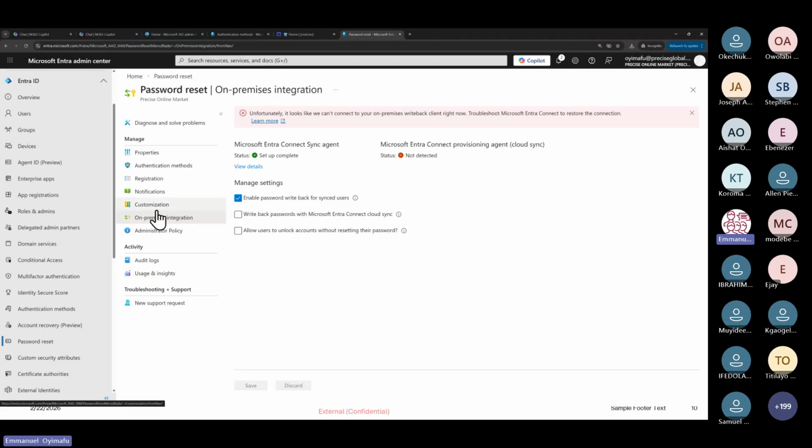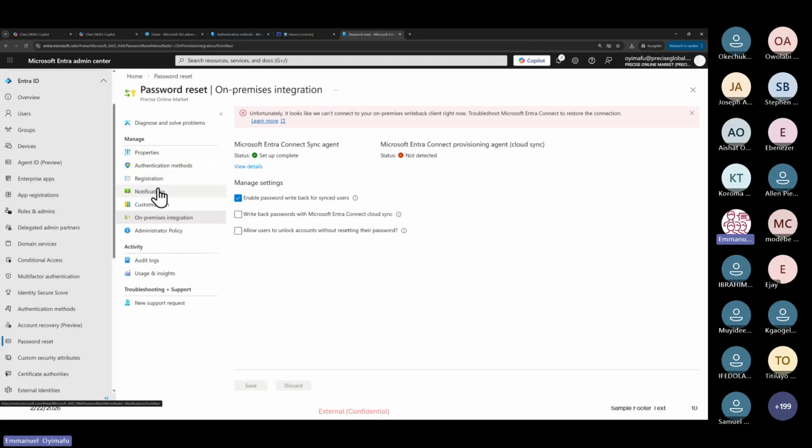I'm just showing it in case you're in an interview and they ask you, can self-service password reset work when a company has AD and they want users whose computers are joined to the AD to be able to reset their password? The answer is yes. You can configure it so long as Microsoft Entra Connect Sync is installed. So let's do the practical now of how to test self-service password reset. Okay, let's check it now.